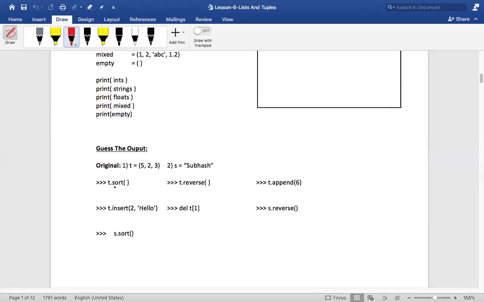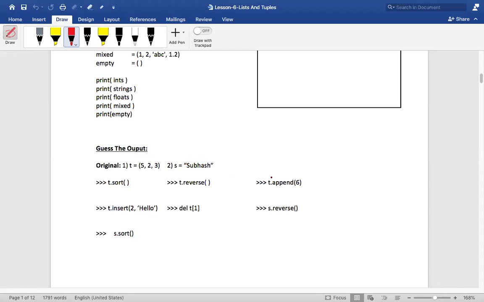We know that these operations are possible on this. By the way, along with tuple, we also have a string. Is string mutable or immutable? It is also immutable, isn't it? Even that is immutable. So what is the meaning of immutable? That you will not be able to make changes to it, right? So in that case, will we be able to use all these methods here?